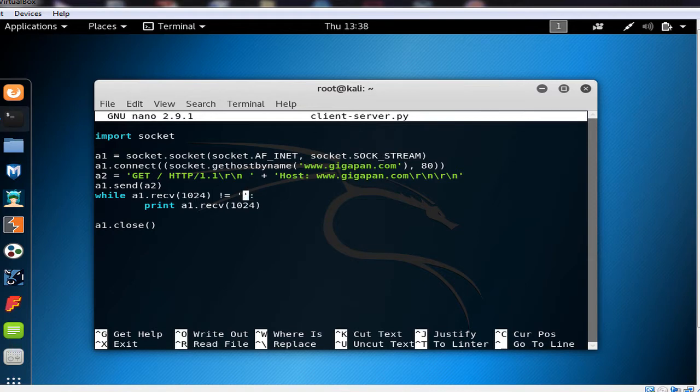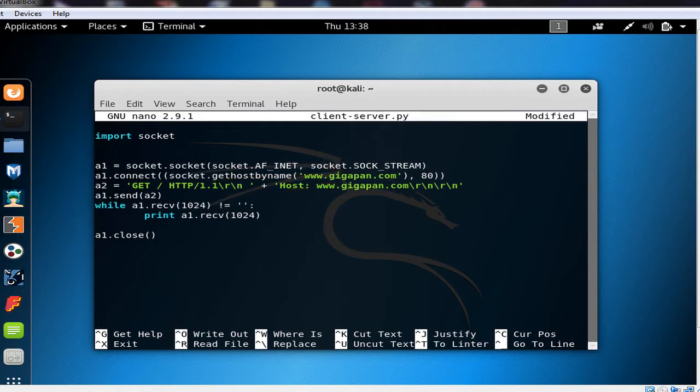So first of all, what you are going to do is to import the re module for regular expressions. So in here we say import re, and then let me just define this. I say A3 because the receive function is somehow different from other methods in the socket module. It creates a loop. I want this outside the loop. I don't want my program to hang forever, so I say A3 is equal to A1.recv